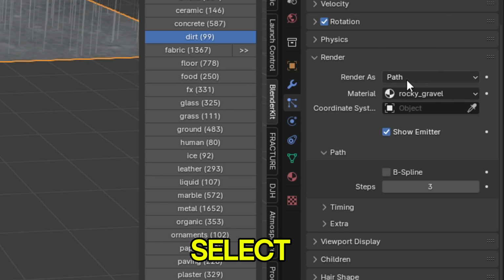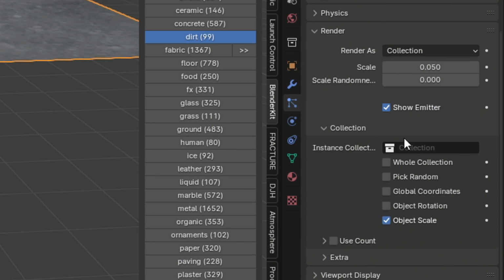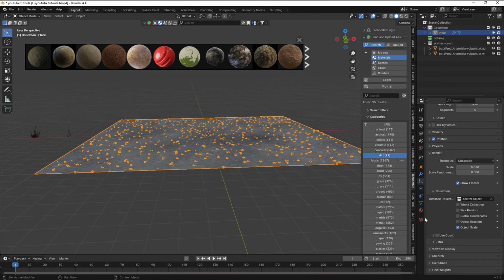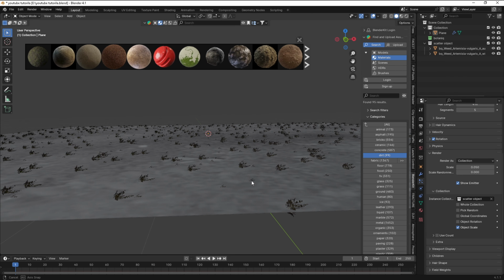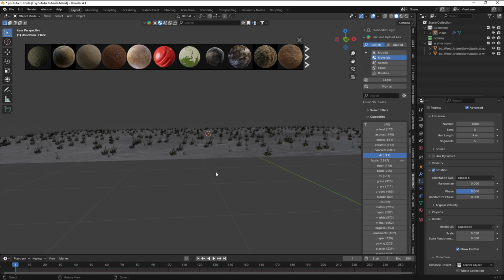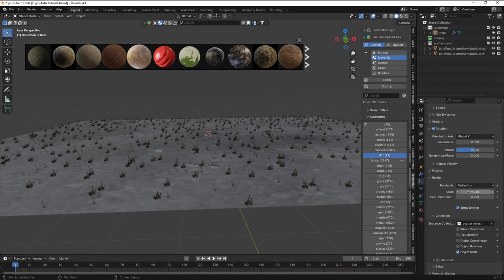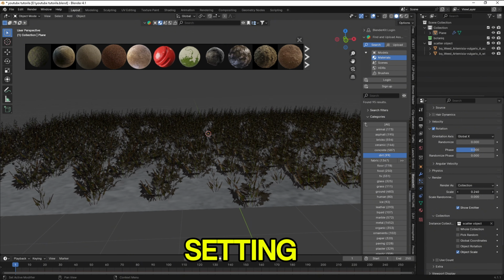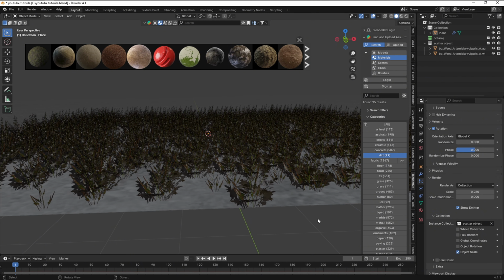Under Collection, select your grass collection. Now play with the scale setting and density setting to match how you like.